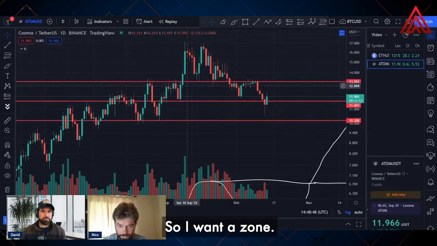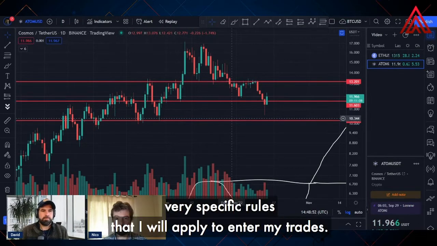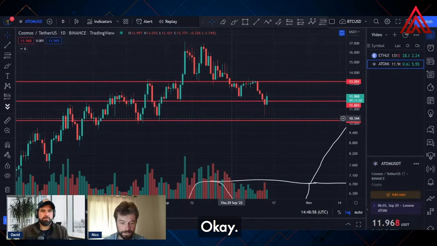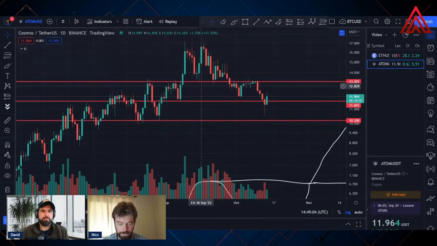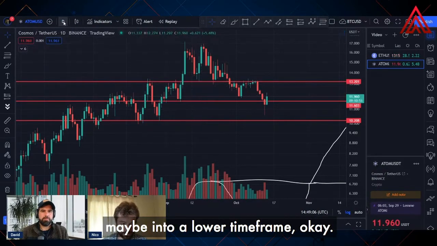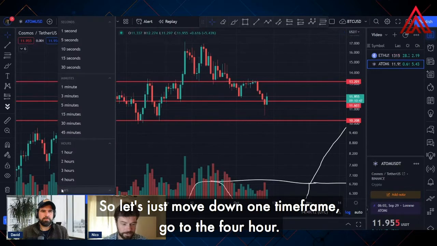So I want a zone, and then of that zone, I will want to make some very specific rules that I will apply to enter my trades. Okay. So for the first zone here, the idea is going to be to zoom maybe into a lower time frame, okay, to have a better visibility of what the price is doing for that zone. All right. So let's just move down one time